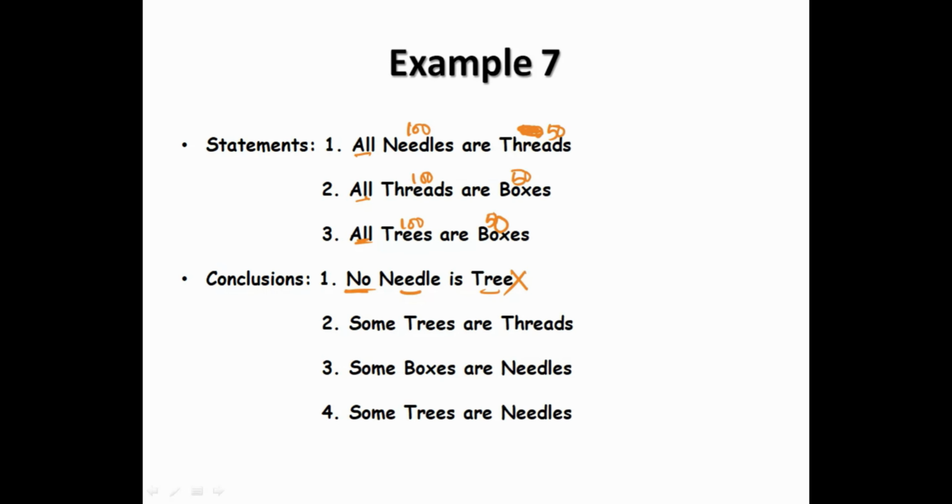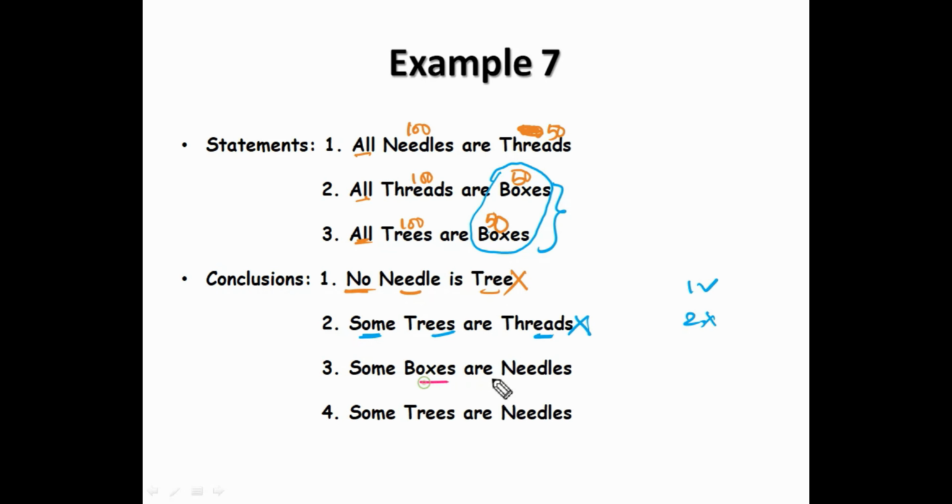Okay. Second, trees and threads. Combining second and third, we can get the relation between trees and threads because boxes is common. Positive and positive, result is positive. Yes, it is positive. First step cleared. In the second step, can you combine or not? Can you combine second and third? No sir, because both the values are 50. At least one must be 100. So it is not satisfying. Step 2 fails, which means it does not follow.